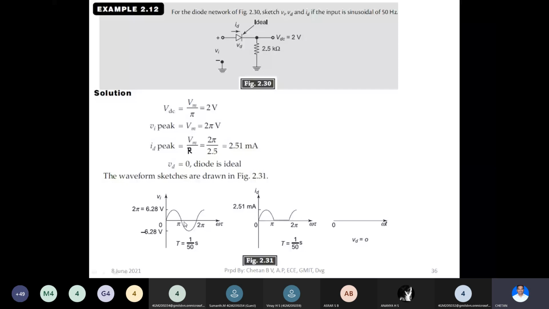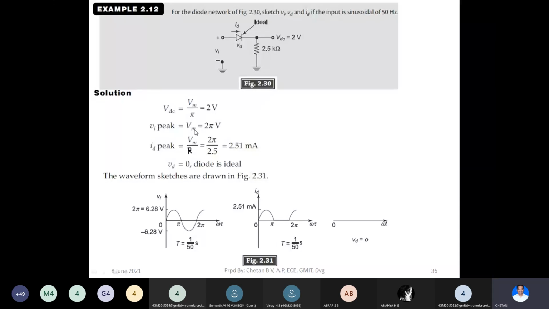So cycle time, which is capital T, can be calculated by inverting this f value. So capital T is equal to 1 by f, and f is 50. Therefore, cycle time capital T would be equal to 1 by 50 seconds, which is mentioned here, 1 by 50 seconds. So the time interval between this origin and this point, that is 2 pi, would be 1 by 50 seconds. And here we know that the peak value Vm,